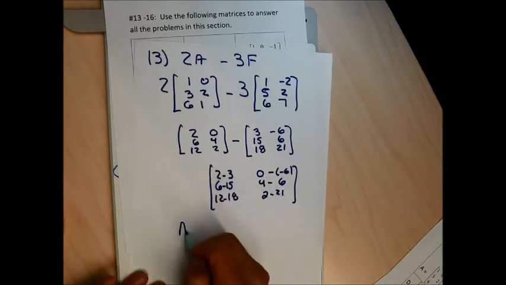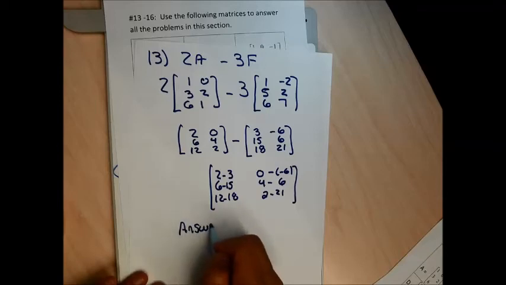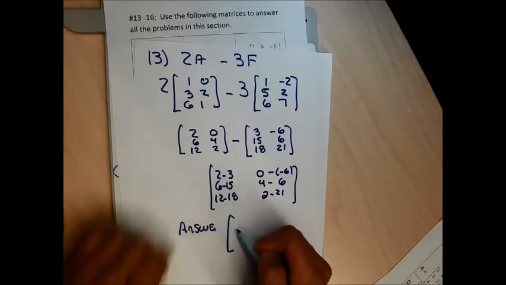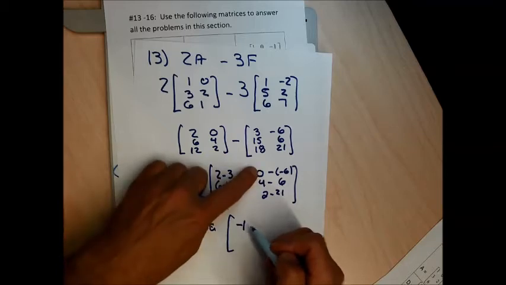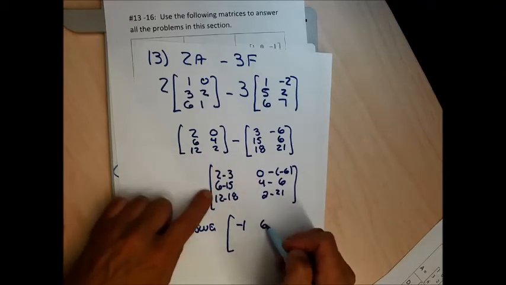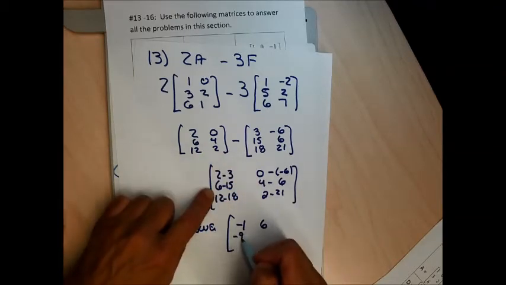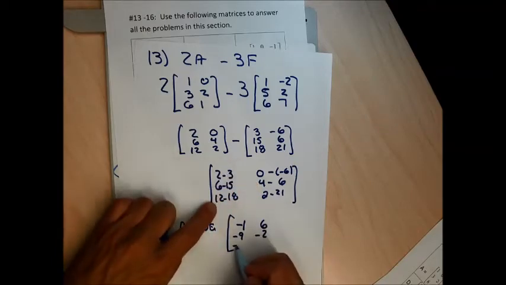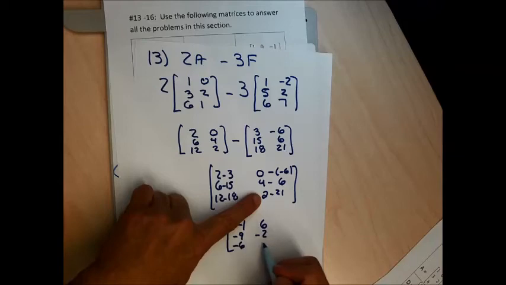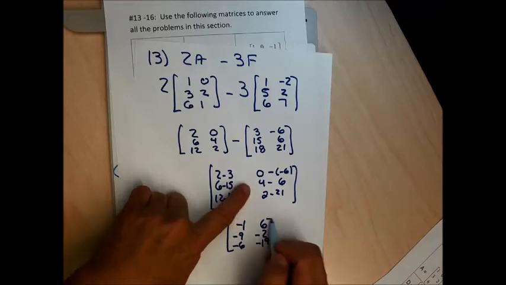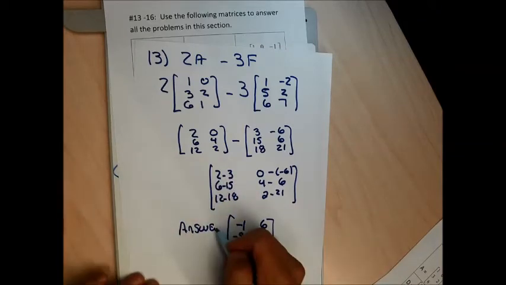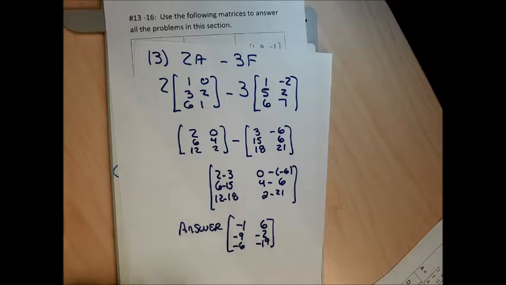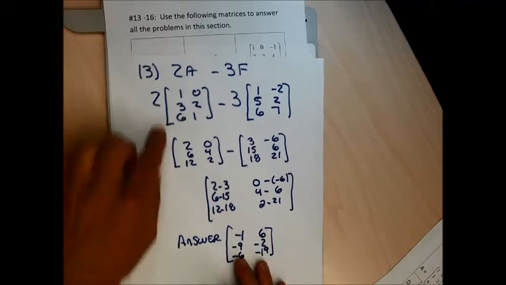For my answer to 13, 2 minus 3 is negative 1. This double negative goes positive and I get 6. 6 minus 15 is negative 9. 4 minus 6 is negative 2. 12 minus 18 is negative 6. 2 minus 21 is negative 19. Good enough. If I want to do these by hand,